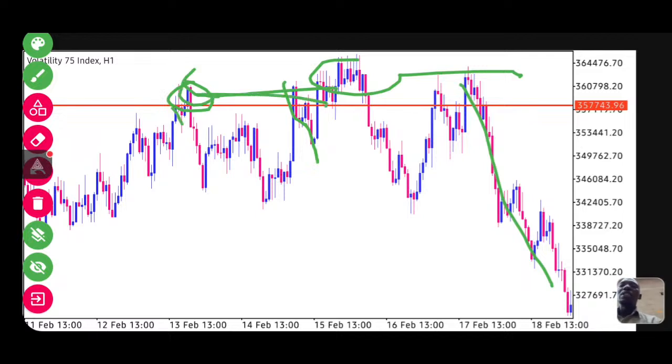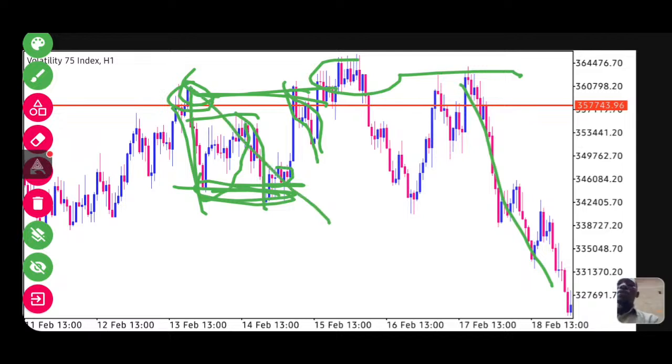This was a sniper zone. You know the market is selling, it has to come and sell. It came again, tapped the sniper zone for the first time, and you sold it. This was a double bottom, guys. Then you draw your trend line, because you have seen a double bottom in H1. You scalp it, bring it down here, and you exit. You wait, it comes again into your sniper entry, you sell it. Are you getting the point, guys? You wait, it comes again, and then you drop it down again. Simple.